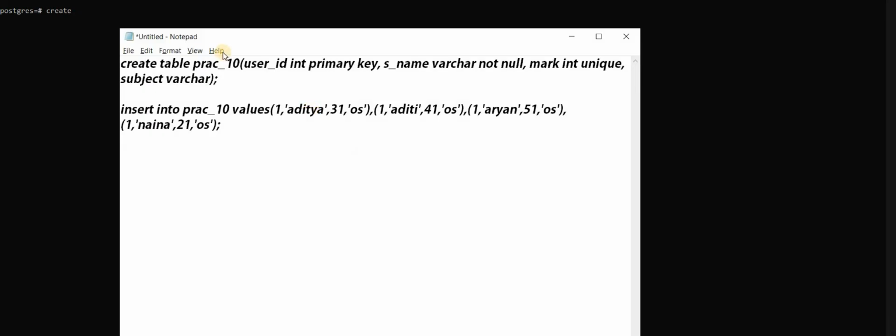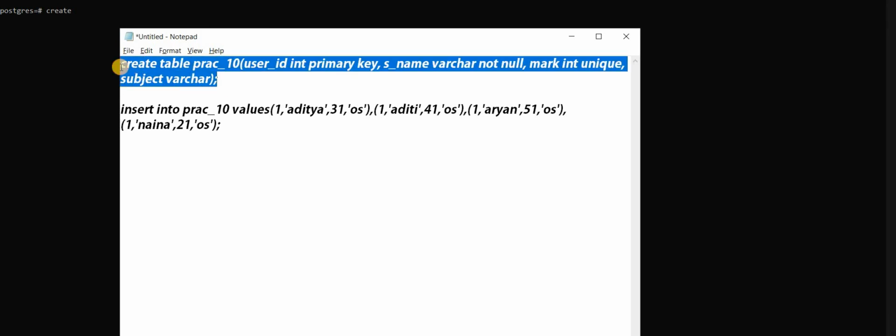For implementing PL/SQL commands in PostgreSQL, we first have to create a table. For creating, we have the command CREATE TABLE. I've written it already, so I copied it from here and simply pasted it.